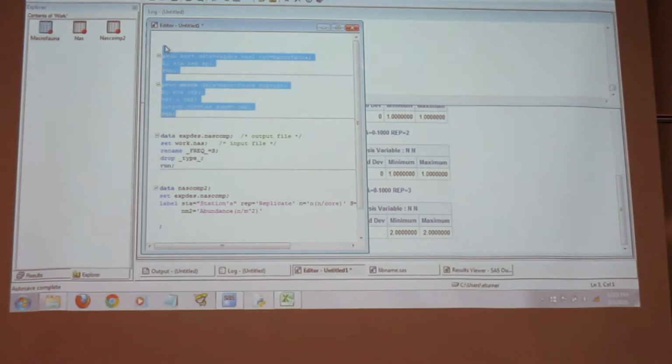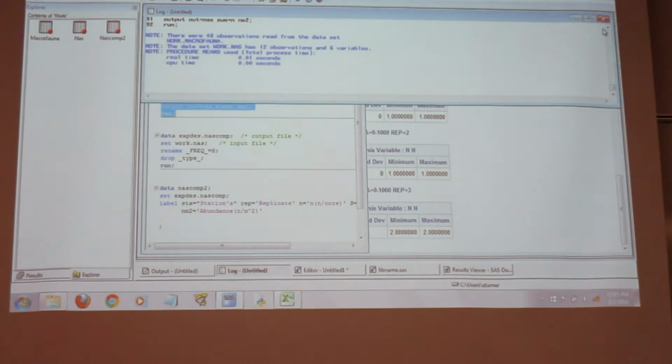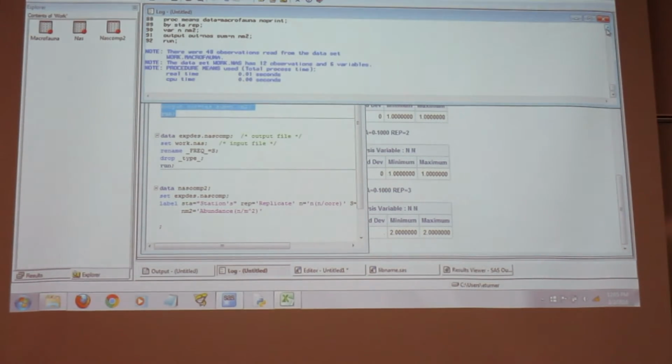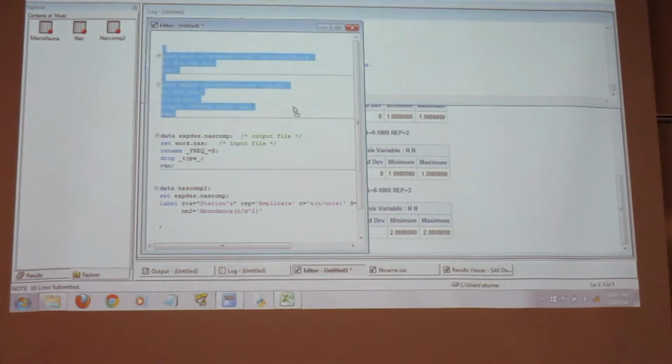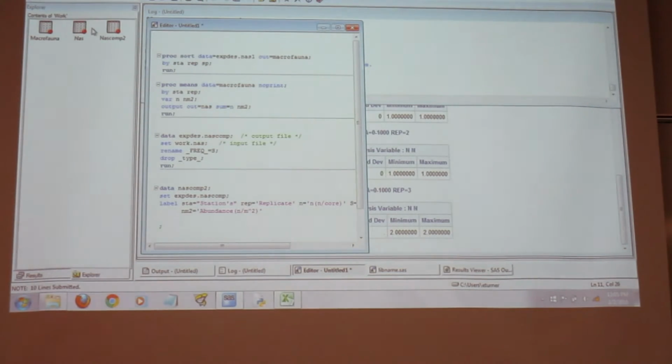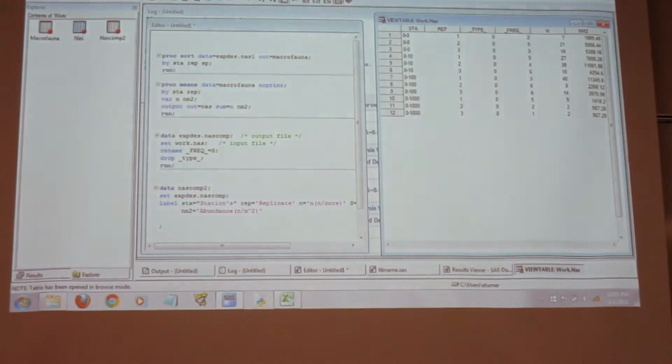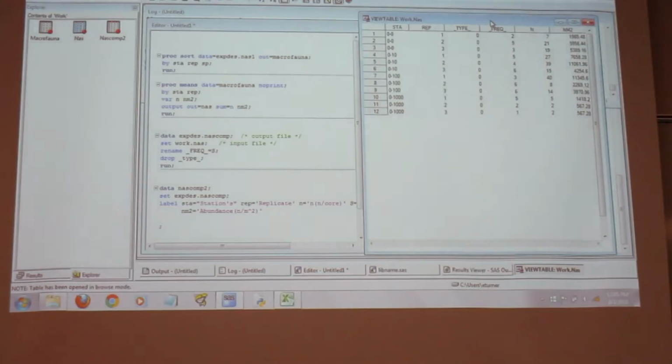So do the exact same thing we did. Now when I look at it, it says work.nas now has 12 observations and 6 variables. So output nas. Now we get this.